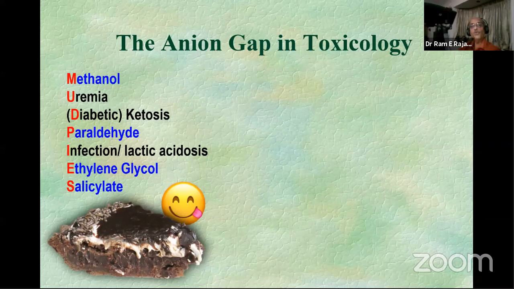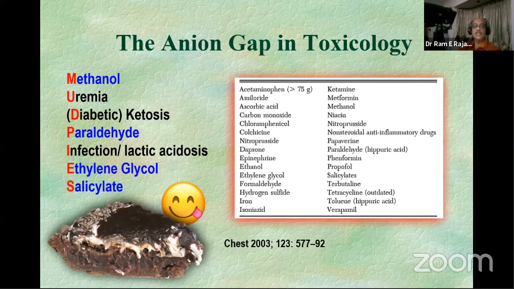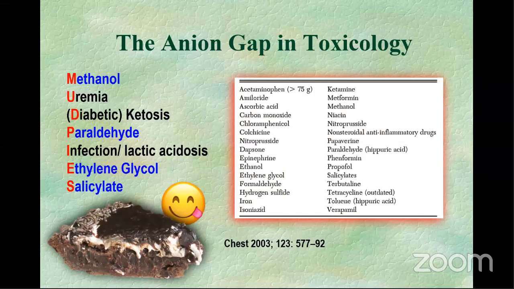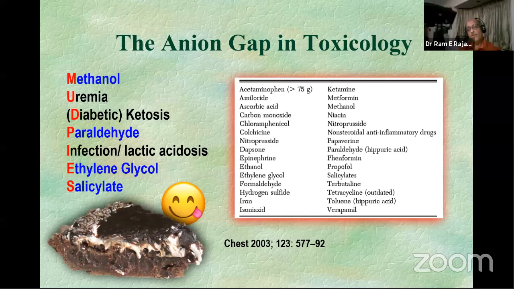But I wanted to show you that from A to V, there is a whole range of agents that can create an anion gap in toxicology. All right. So if you really look at it, it is not such a simple thing. It would probably indicate something has been taken, and probably would be a good way of judging whether the patient is responding, either by eliminating this set of agents or not. So this is almost a trivial pursuit kind of a question, because it doesn't really dramatically matter. It's not going to change the way in which you overall approach the patient.